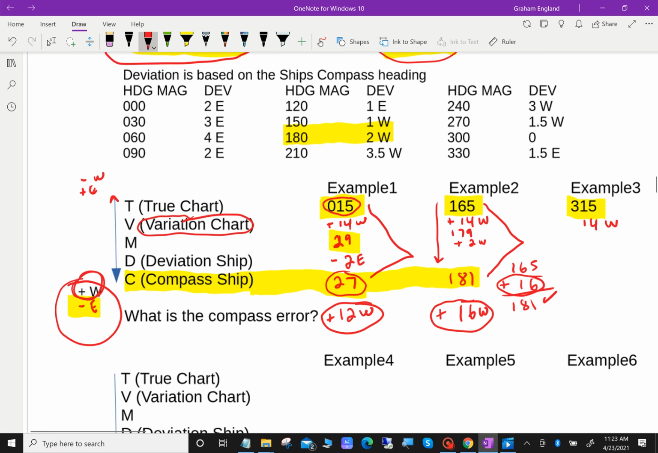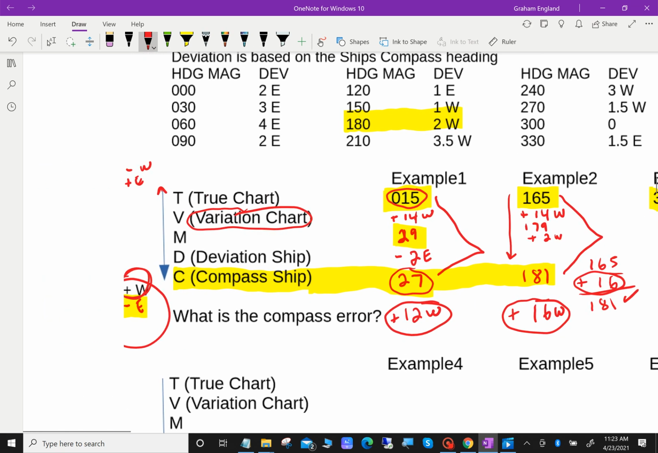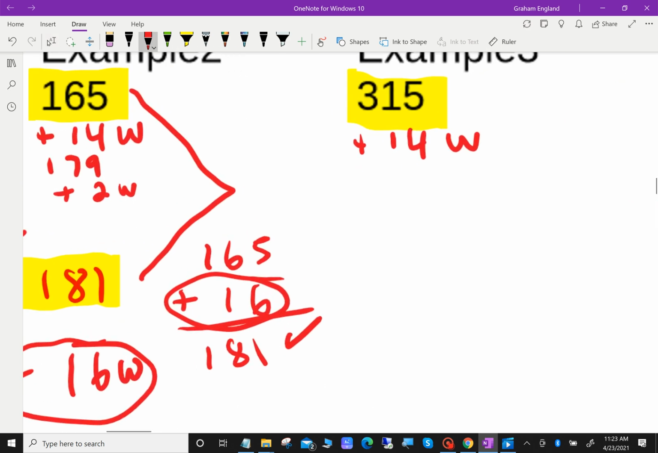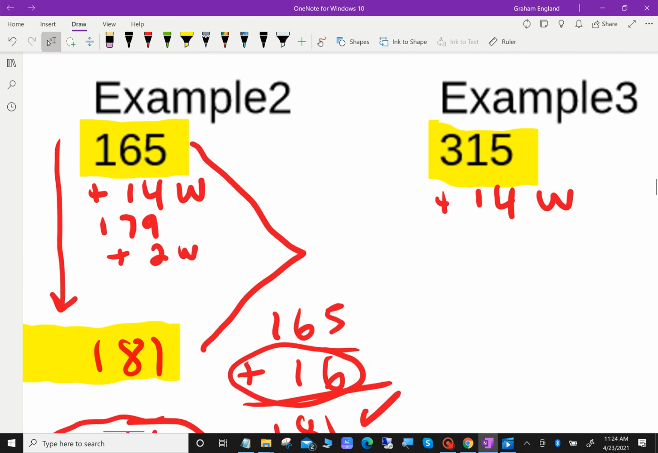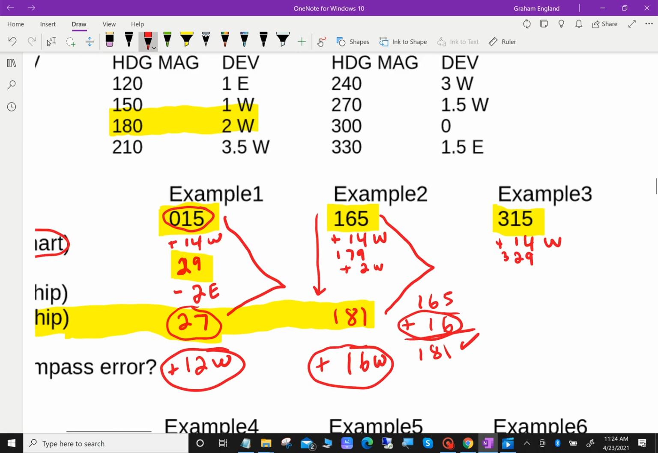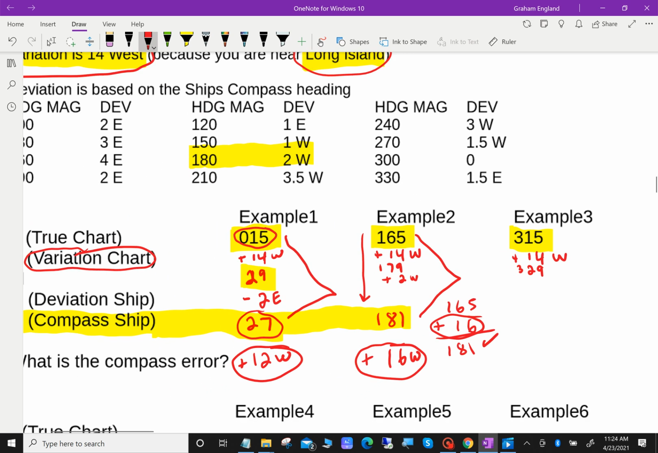So when we're going down, what do we do? We add west. When you look on our cheat sheet, we add west. So we add it. So 315 plus 14 equals 329. That is the ship's heading, 329. So we look up at the deviation chart and we say 329 is pretty close. 329 is pretty close to